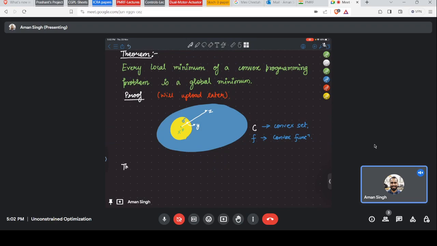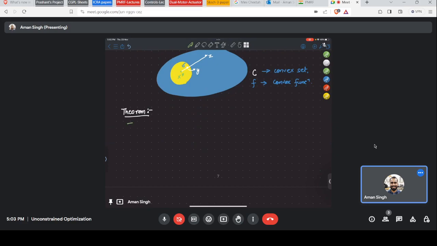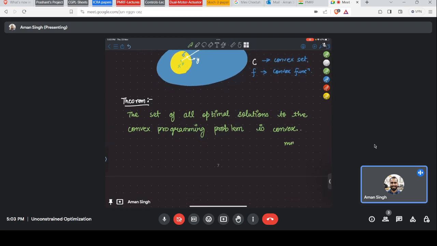The second important theorem is: the set of all optimal solutions to a convex programming problem is convex. What this is saying is, let's say we have a convex programming problem, that is minimization of f(x), where f(x) is a convex function, subject to x belonging to C, where C is a convex set. If this problem is there and we have to find the solution, then let's say there is a set S,